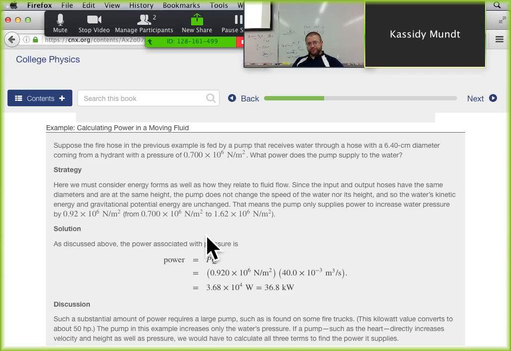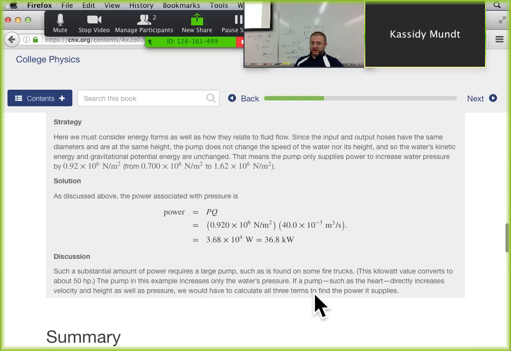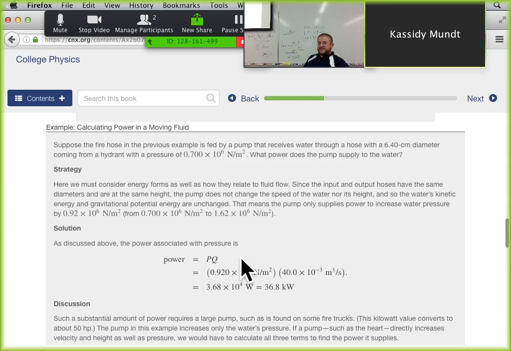But it turns out that we can calculate that power by using the flow rate, which has the volume in it, but it also has the time. So the volume divided by time. We need to multiply by volume, divide by time. That is flow rate. So if we take the pressure and multiply it by the flow rate, it'll tell us how much power we can get from a certain pressure of the fluid. So it's pressure times flow rate. Pretty simple. And that comes out in watts. It comes out 3.68 times 10 to the 4 watts in this case, which is 36.8 kilowatts. So that's an easy equation.